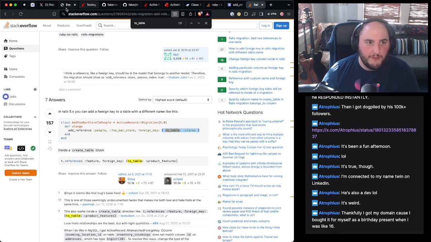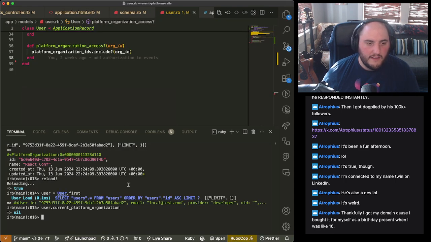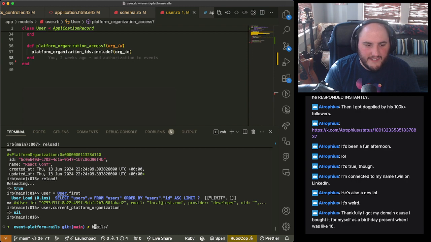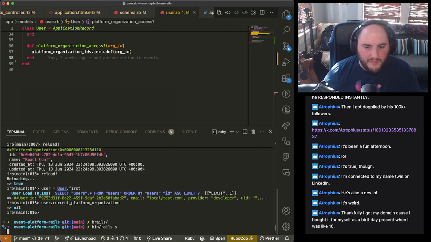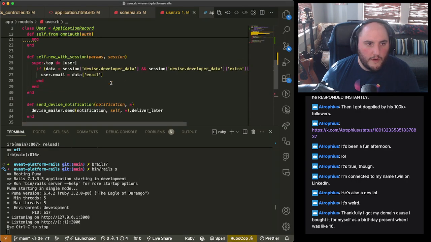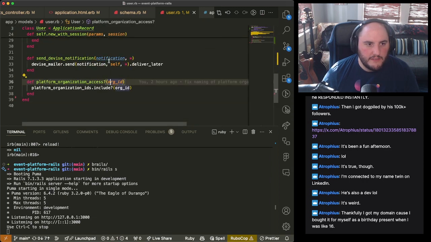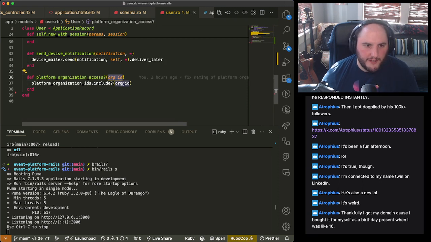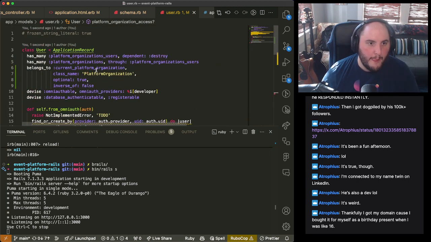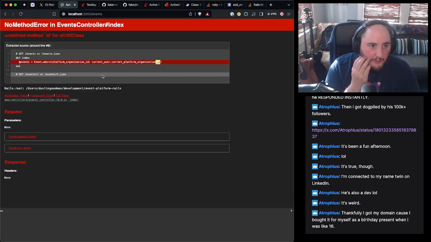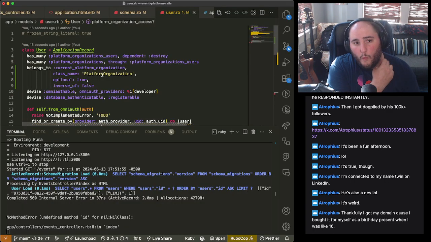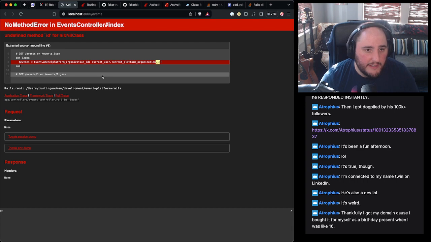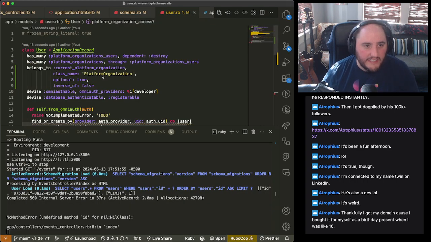So if I come back to our event platform page, when I actually have the server running, we're going to see some cool stuff. Might have also noticed that I called this org ID and I didn't rename it. That's because this is scoped to this example. This is fine. This is something I would recommend doing time and time again. Okay, so now if we refresh, reload, our guy is unhappy because there is no ID.